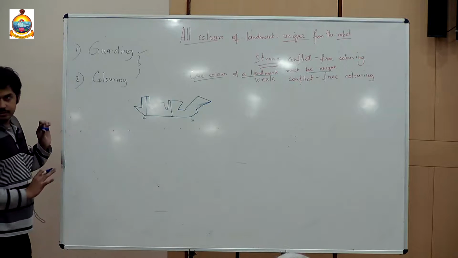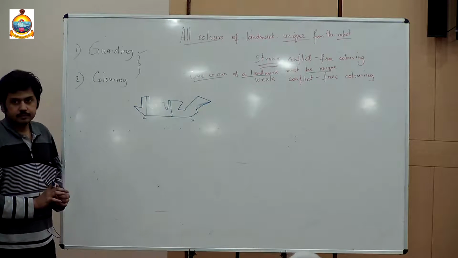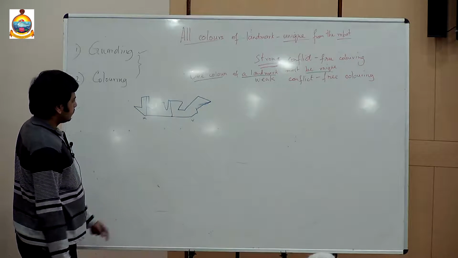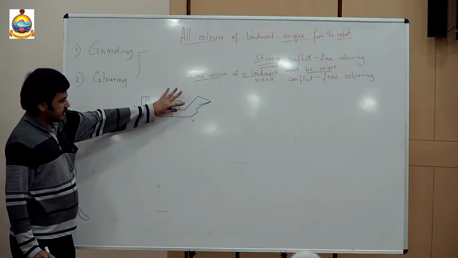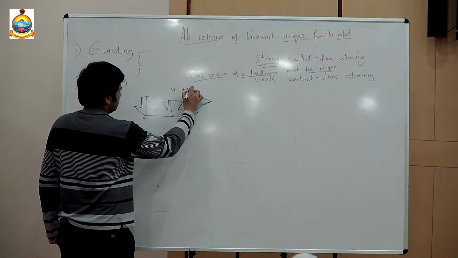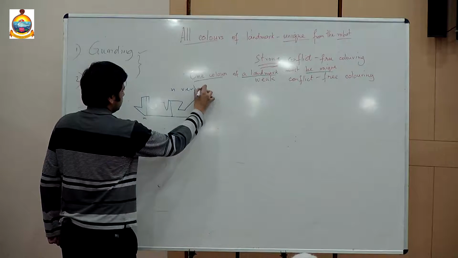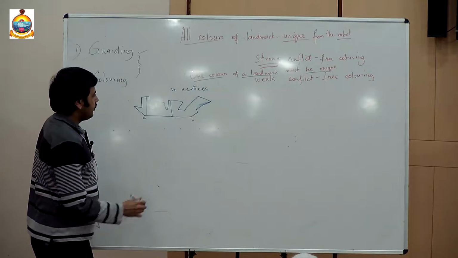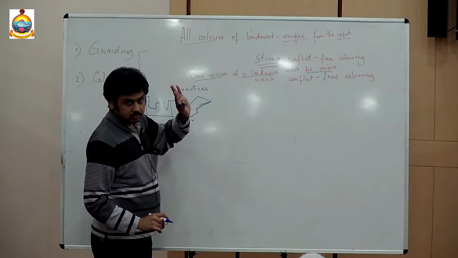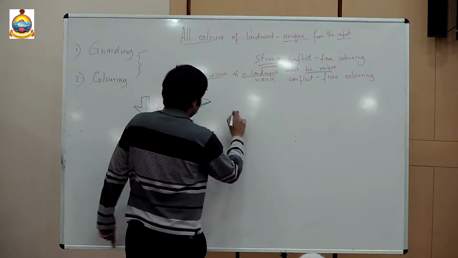This is a weak visibility polygon. Suppose this has n vertices. I will now prove that for a weak conflict free coloring, this polygon requires only